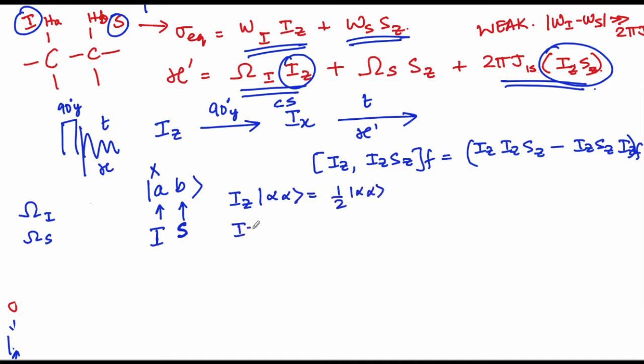The answer will not change if you take IZ on alpha beta, so we are writing I comma S here, that's going to remain half times alpha beta. So the magnitude that you end up getting is independent of the state that the S spin is in. Similar arguments can be made for SZ as well, where it doesn't matter where the I spin is, you will end up getting similar numbers. So in order to understand this, we should understand how the operators are represented when you have two coupled spin systems, which we will see in a moment.